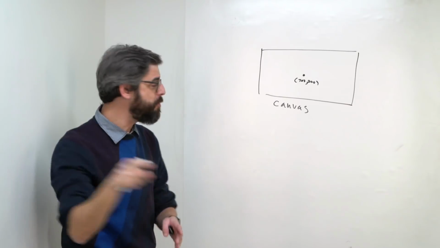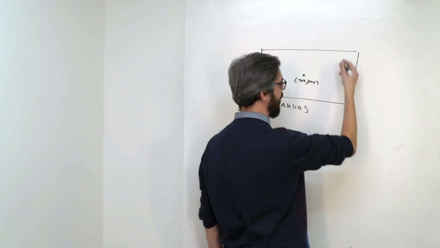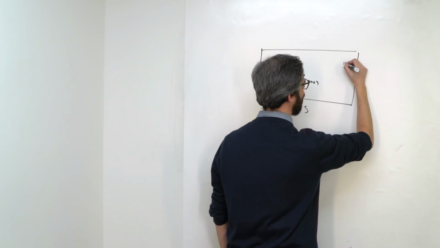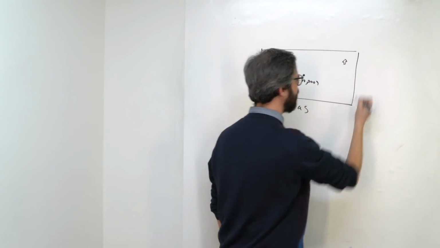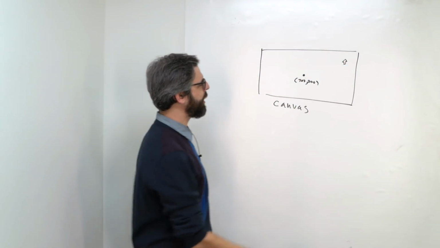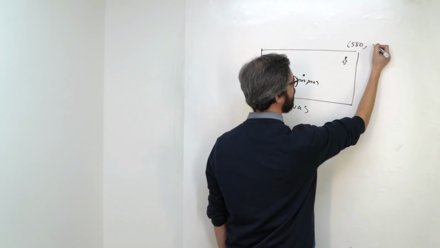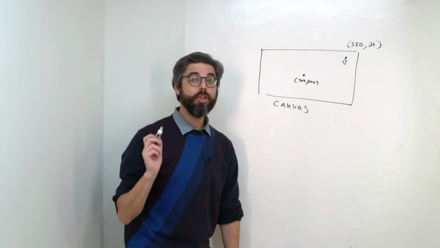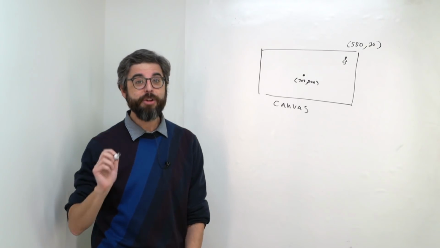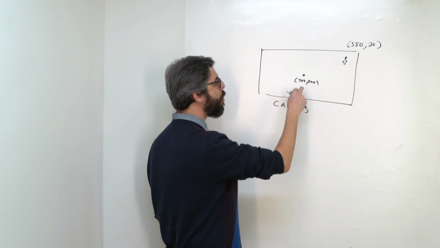Then I have the mouse. I'm moving my mouse around somewhere, and let's say I have the mouse over here. I'm going to try to draw a mouse arrow. And we'll call this location 580, 20. What I'm looking to do is figure out how do I calculate, if I know this position